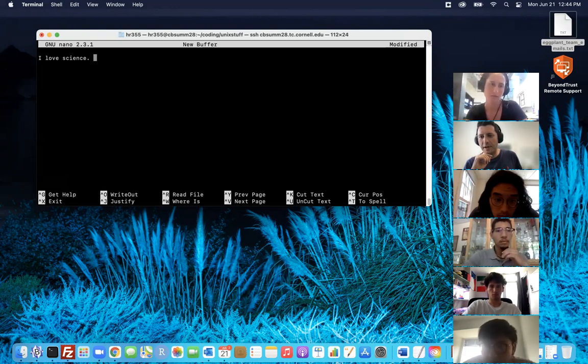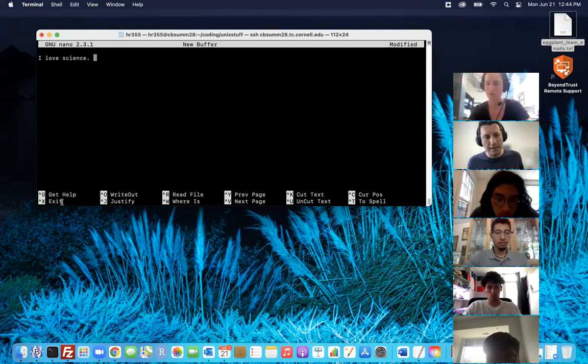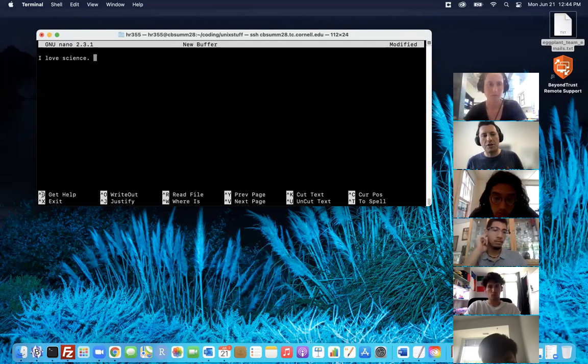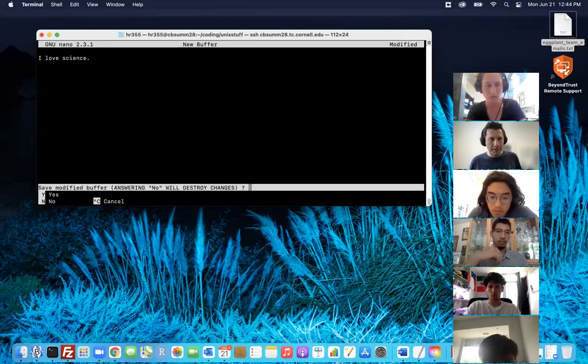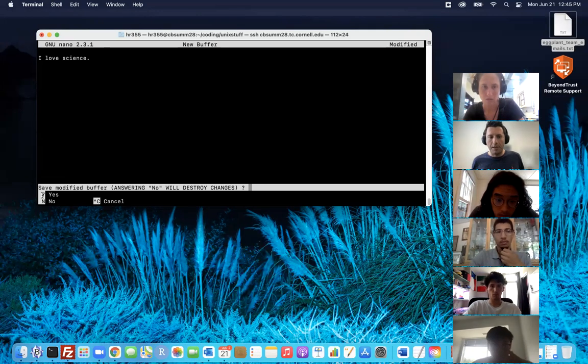And when you're done typing, you do Control X to exit. And here it gives you some tips on what you can type to do what. For example, if you want help, you type Control G. So the Control key on your keyboard and G, or Control key and X together will exit from this. So we're going to try to exit, Control X, and it says save modified buffer. Answering no will destroy changes. So, if you want to save, then you just type Y, one letter Y,